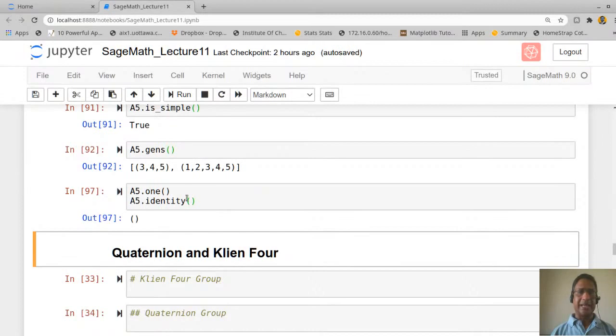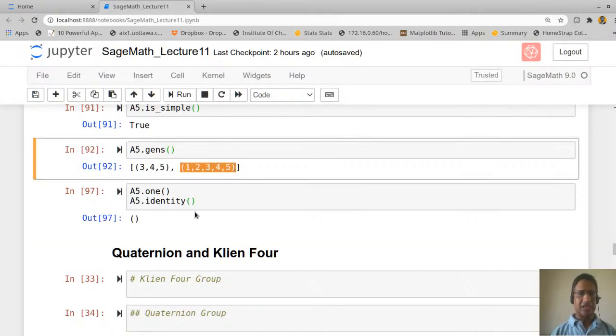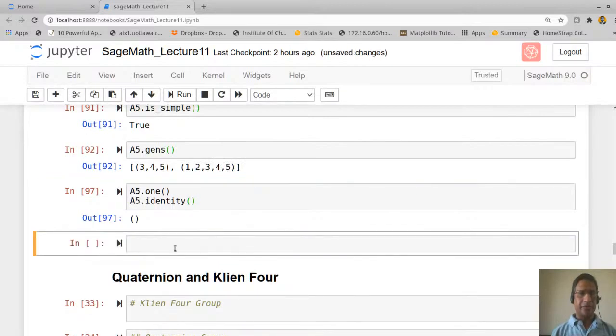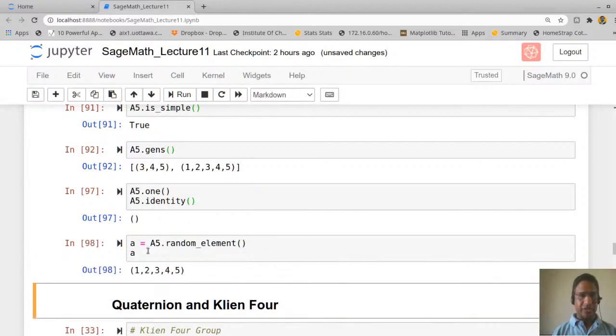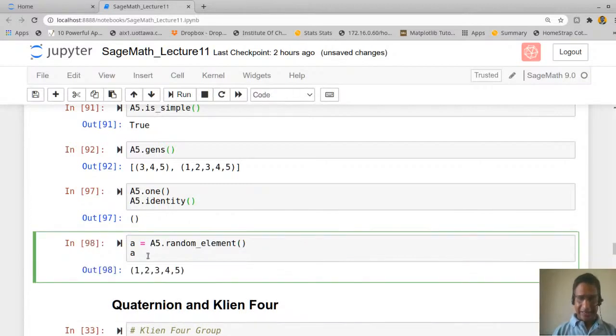So for example, let us take a random element a, which is equal to A5 dot random element, and see what a is. Let us write a star its inverse.